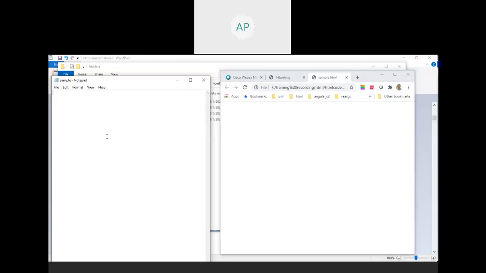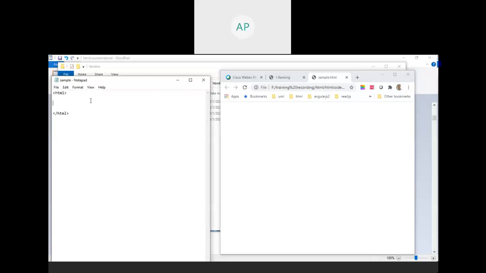If it is going to be an HTML document or HTML file, the first tag should be HTML. This should be the first tag. Always you should close your tag. We wrote one HTML tag. If I run it, nothing will be there because we didn't write any content to show in the browser.